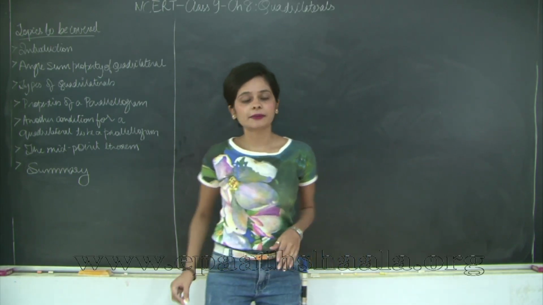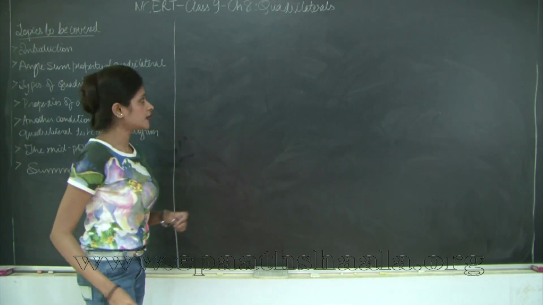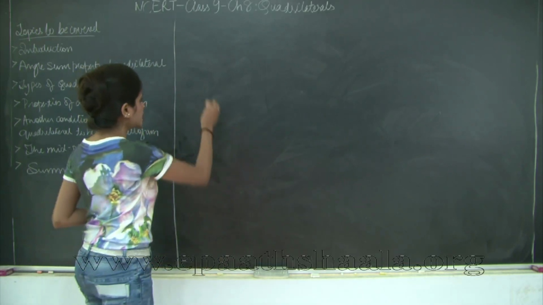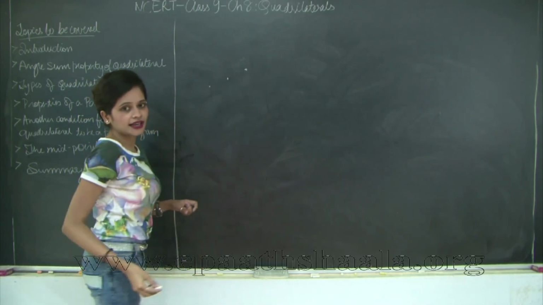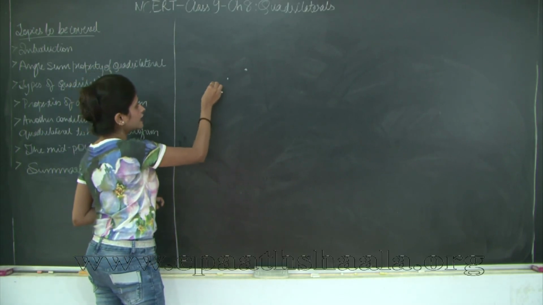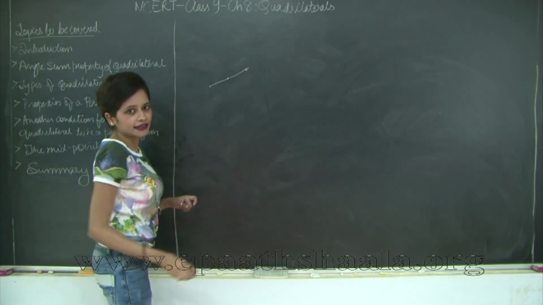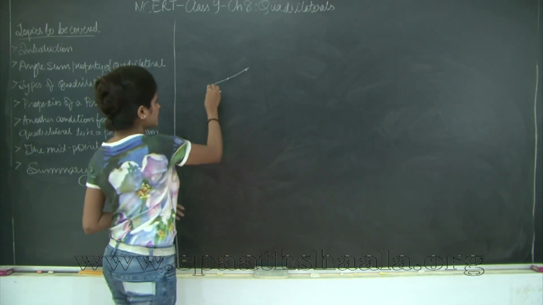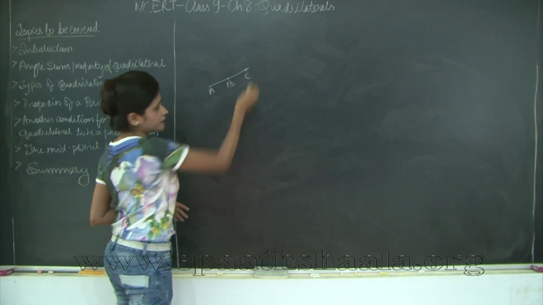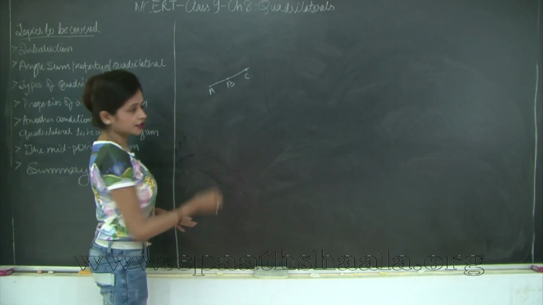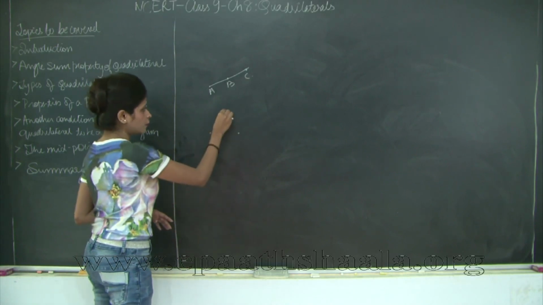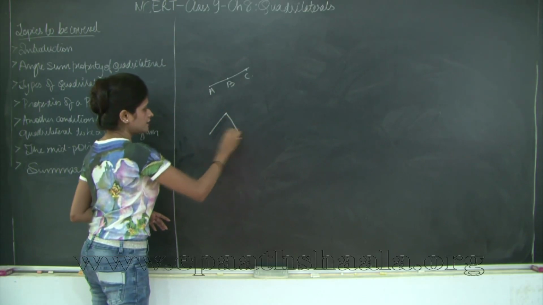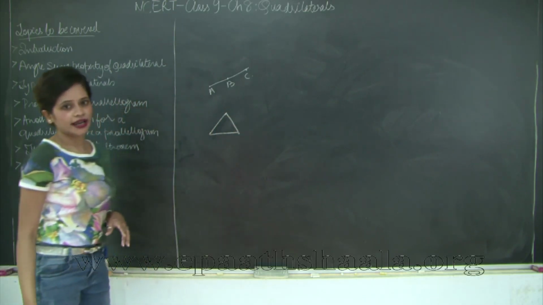So far we have learnt about lines and triangles. What did we learn about lines and triangles? Something common between them is that if you have any 3 points A, B, C such that they are collinear and you connect these 3 points, then you get a straight line, right? But if these 3 points are not collinear, let's say A, B and C, and you connect these 3 points, then what you get is a close-ended figure which is a triangle.